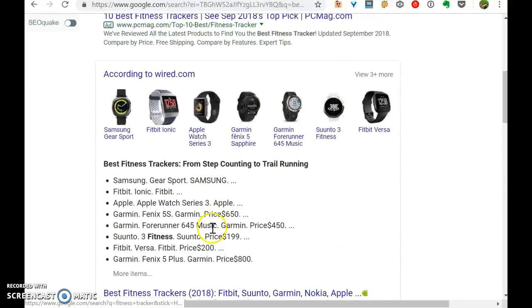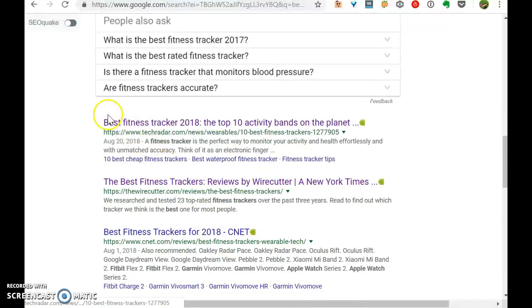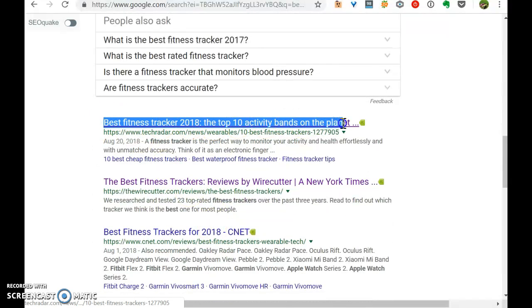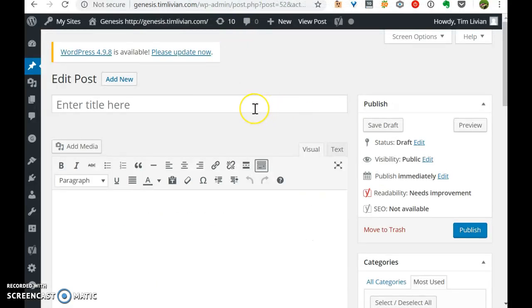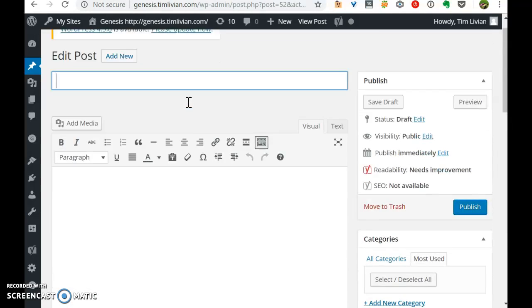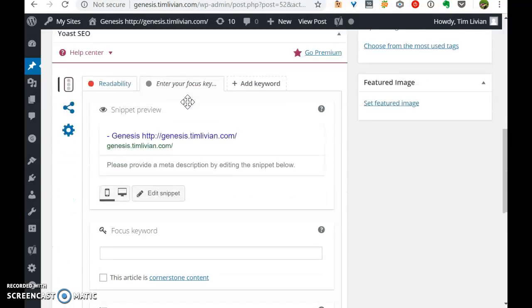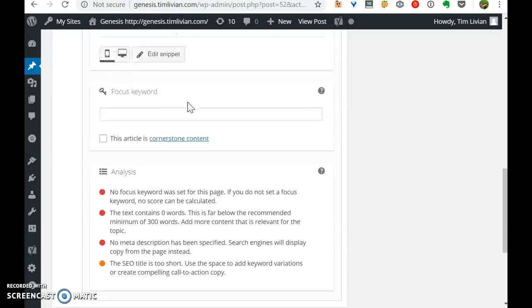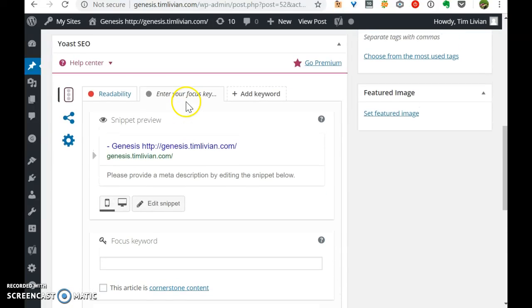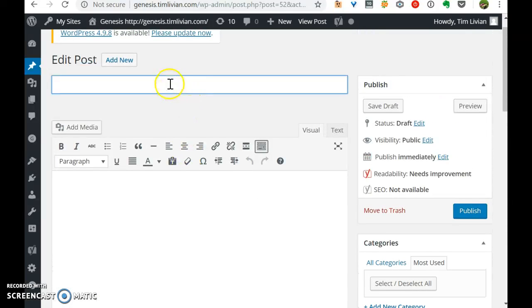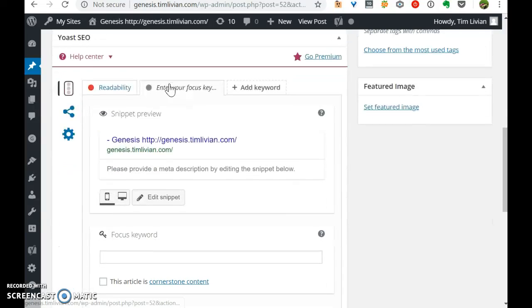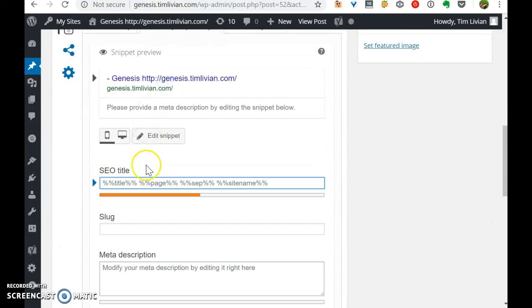The SEO title, most of the time, shows up in Google like this. Within WordPress, the SEO title could either be this title, or depending on if a plugin is being used, the SEO title could override this title, and it's filled in here.